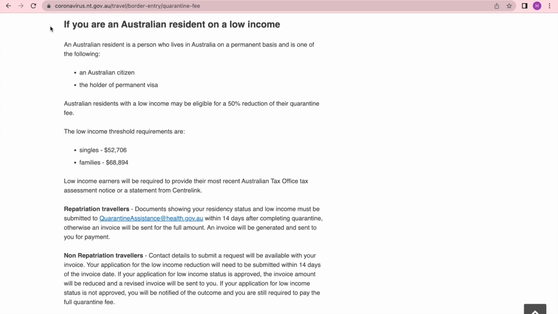Now, if you are an Australian resident on a low income, an Australian resident is a person who lives in Australia on a permanent basis and is one of the following. So, an Australian citizen or the holder of a permanent visa. Now, Australian residents with a low income may be eligible for a 50% reduction of their quarantine fee. Now, the low income threshold requirements are for singles, $52,706, and for families, $68,894. Now, low income earners will be required to provide their most recent Australian Tax Office tax assessment notice or